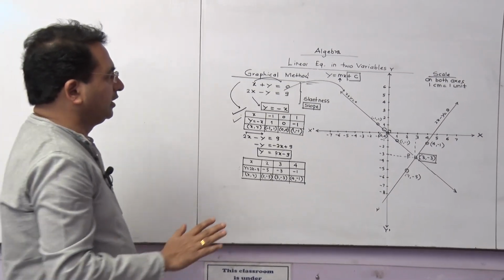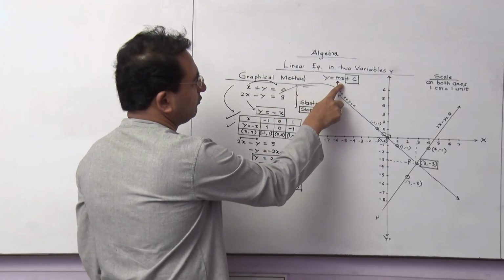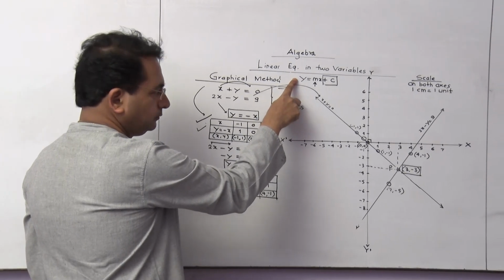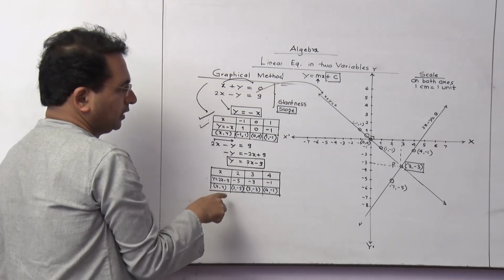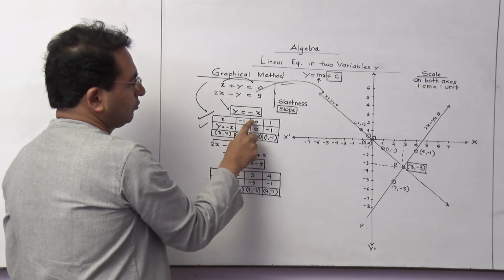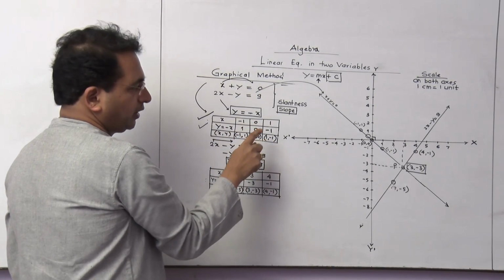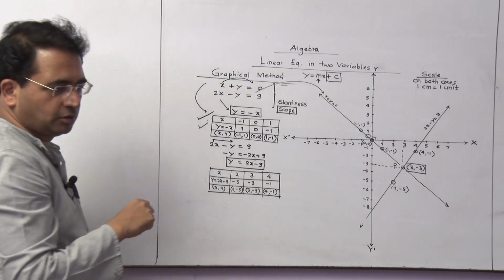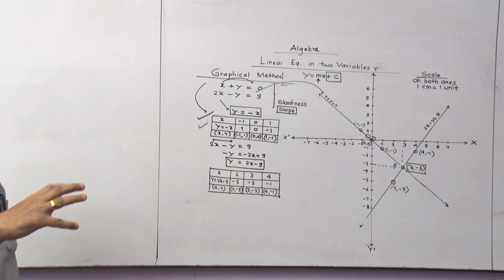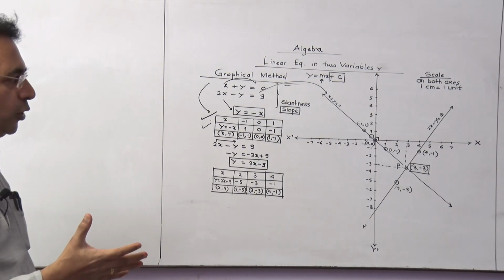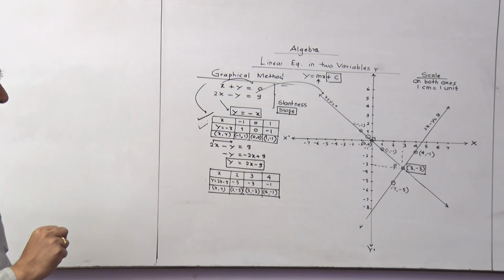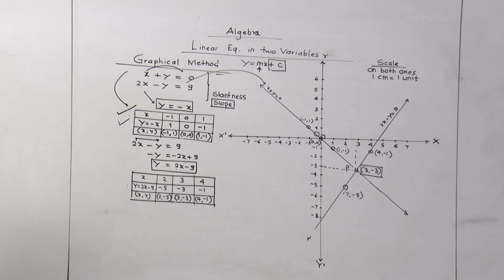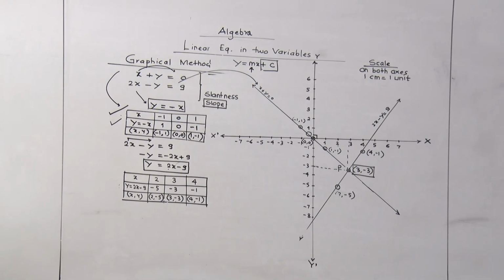First thing, remember that you have to always convert the equation into this form. Coefficient of y should be 1. Prepare the table. Normally we take values minus 1, 0, 1. But sometimes you have to take the values according to the type of the equation, so that you are in a position to plot the points easily on the graph. This is the normal method which can be asked in the exam. I hope you have finished this.